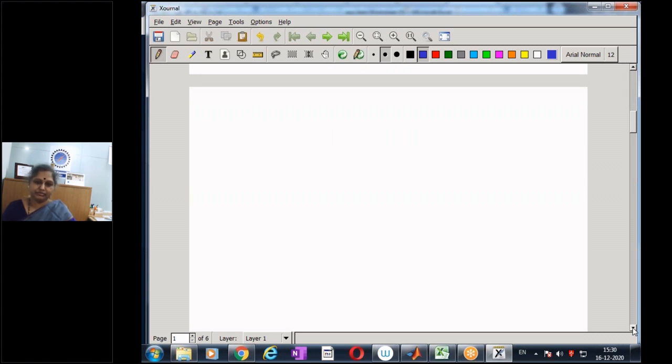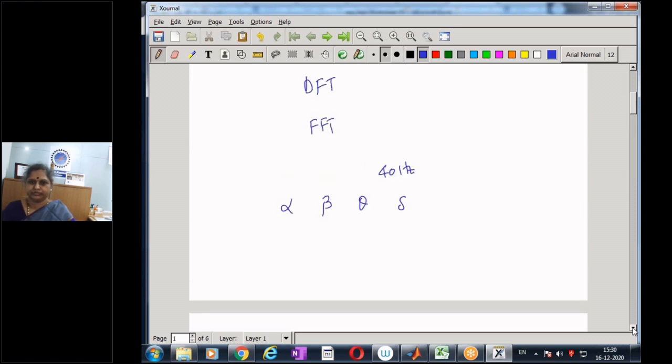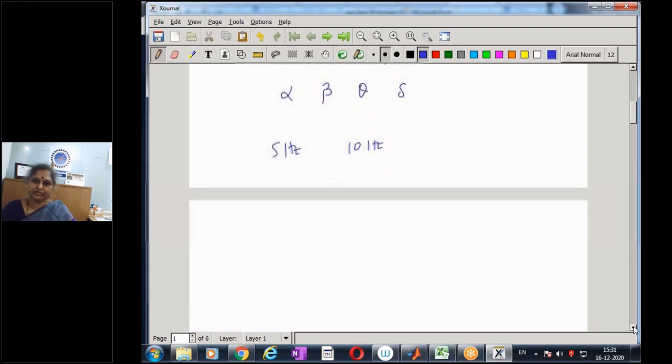So the example was just to show the human body signals. We saw that in one case we had a peak around 5 hertz, in one around 10 hertz, and in one around 40 hertz. So the human body signals are essentially of low frequency, and these are the signals present in our body and can be captured and analyzed using suitable equipment, which is available in our institution in the Department of Medical Electronics.